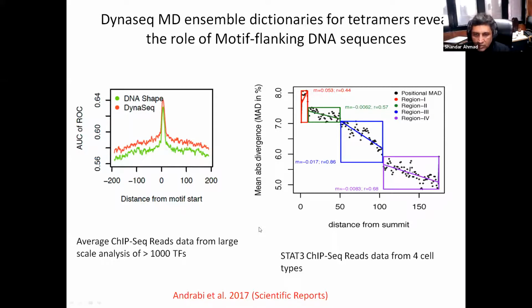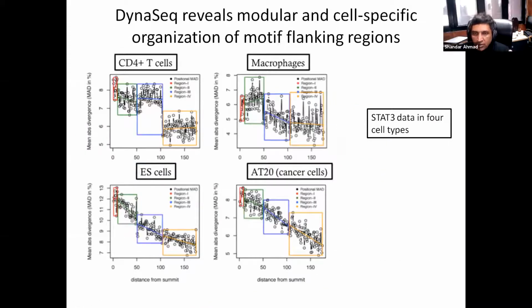We published these results in 2017, and we were able to look not just at STAT3 overall, but also at different cell types, which have different shape profiles. In CD4 plus T cells, the 2 regions just surrounding the motif are important. In macrophages, all 4 regions are important. In fact, the actual motif region is less important, so probably the role of cofactors becomes predominant in the case of